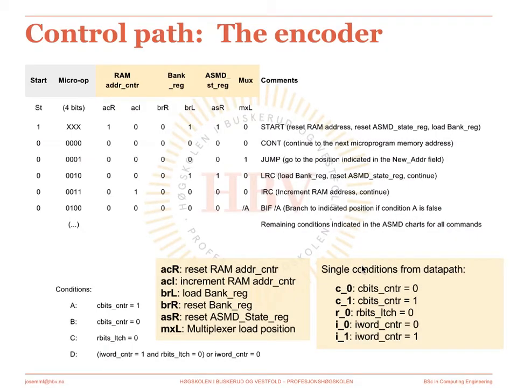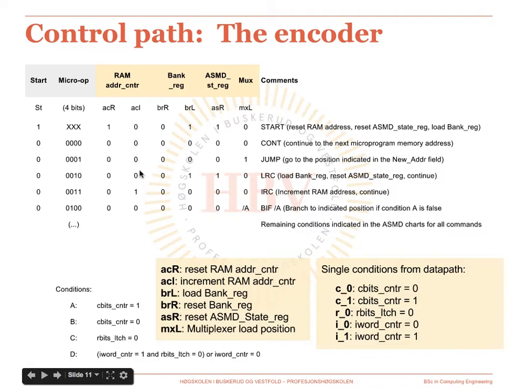Now, that control path slide shows that the operations taking place in the control path architecture are defined through a block called encoder, which is a combinational circuit converting the external start order and also the micro operations